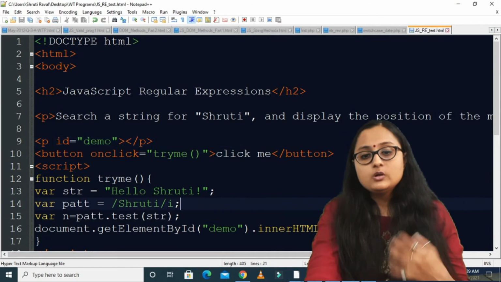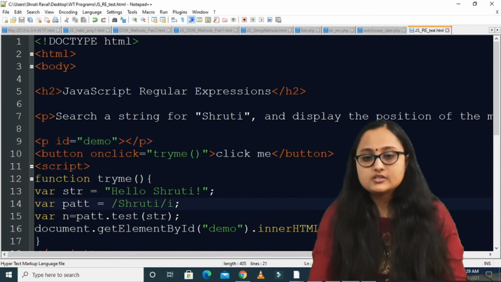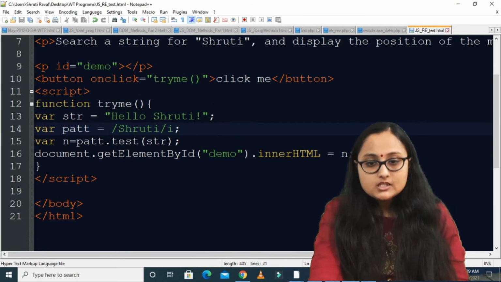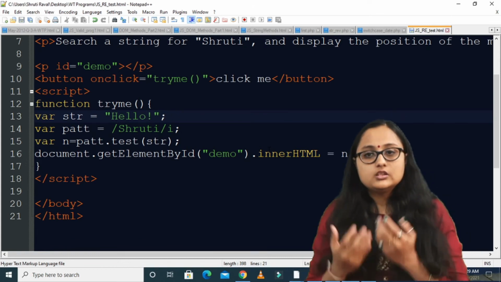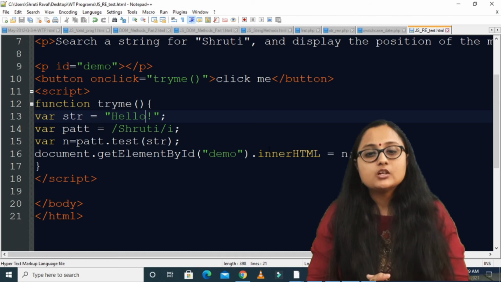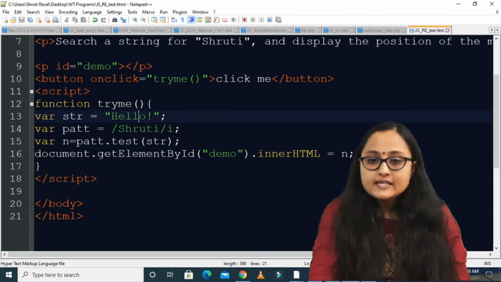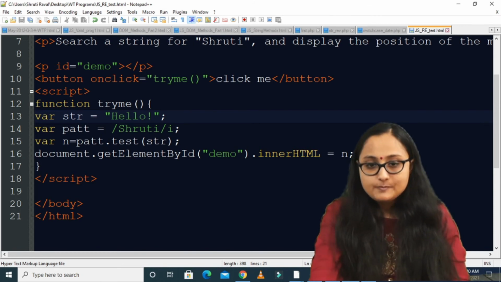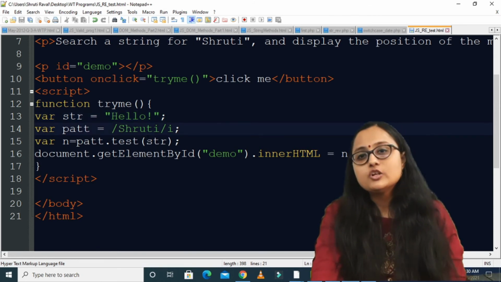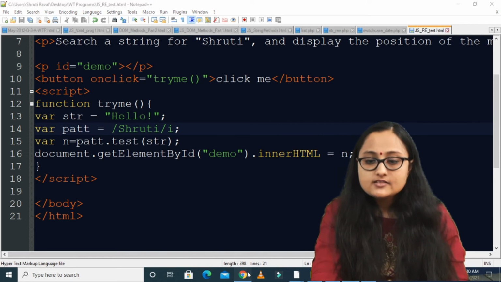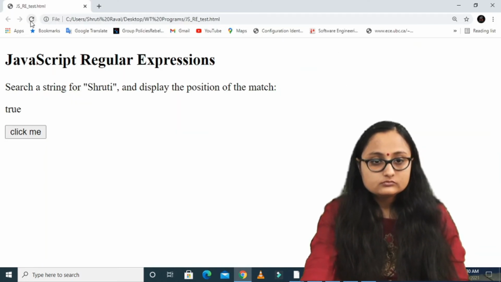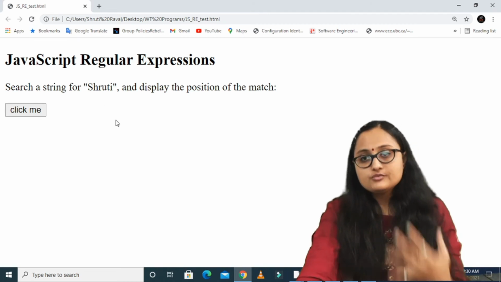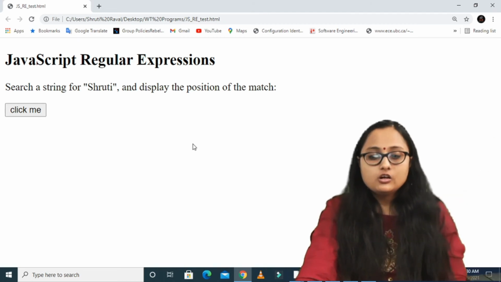Now you may wonder, ma'am, when will I get false? Okay, now let us change the string. Does this hello string contain this pattern Shruti? No, it does not contain this pattern. Let us reload the page. As soon as I reload the page, I get the first view.